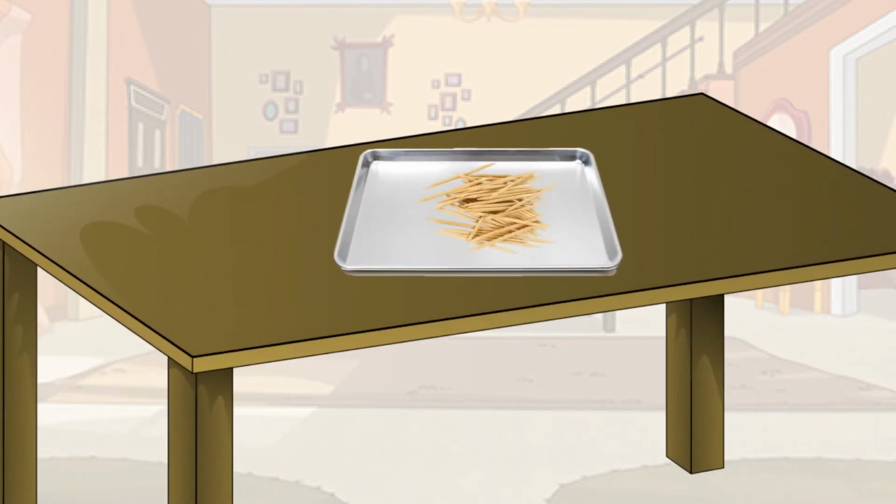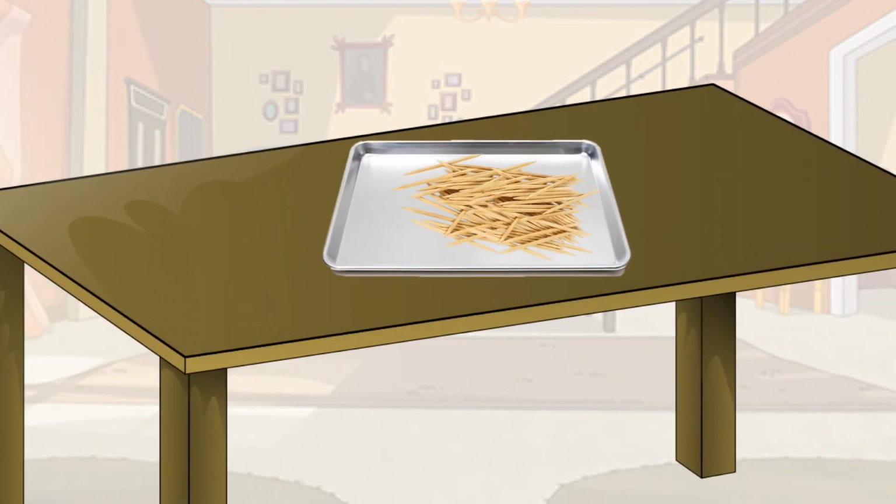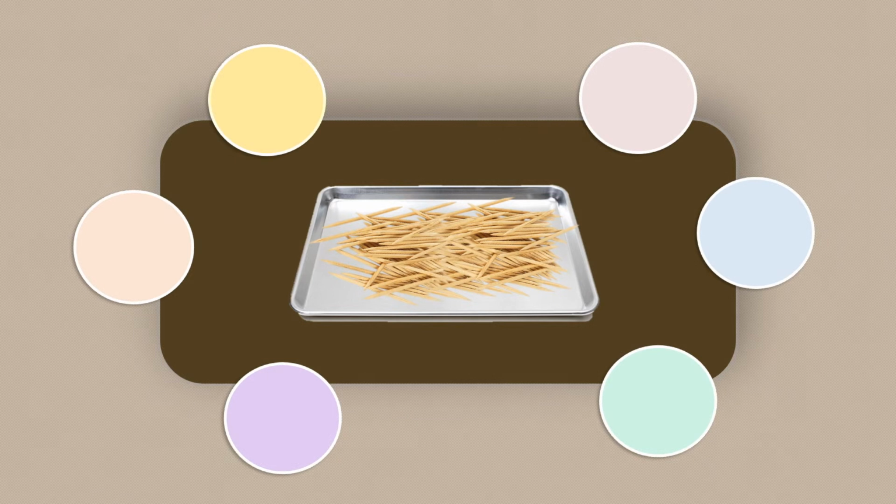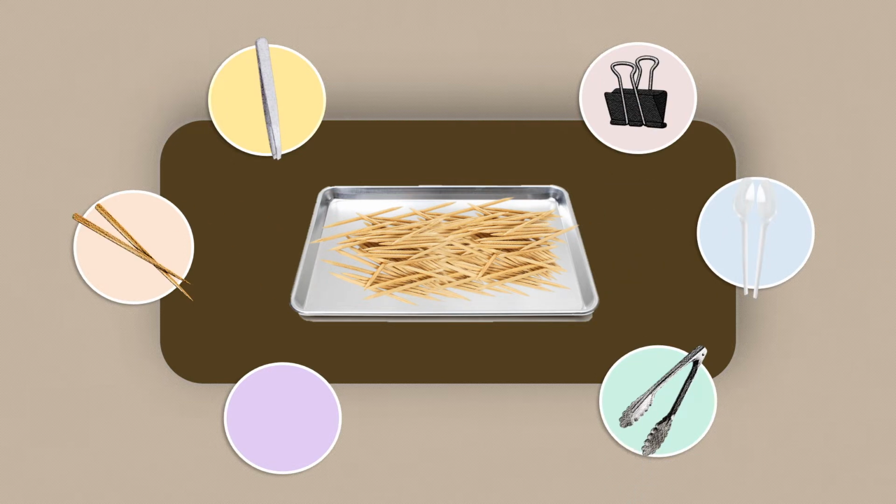First, set out a chosen food type on a flat surface. Here, we set out the toothpicks on the tray. The activity would need 6 people, each assigned to a specific beak simulation. 1 for the 2 plastic spoons faced to each other, 1 for the tongue, 1 for the tweezer, 1 for the chopsticks, 1 for the binder clip, and 1 for the laundry clip, using these to pick up the food